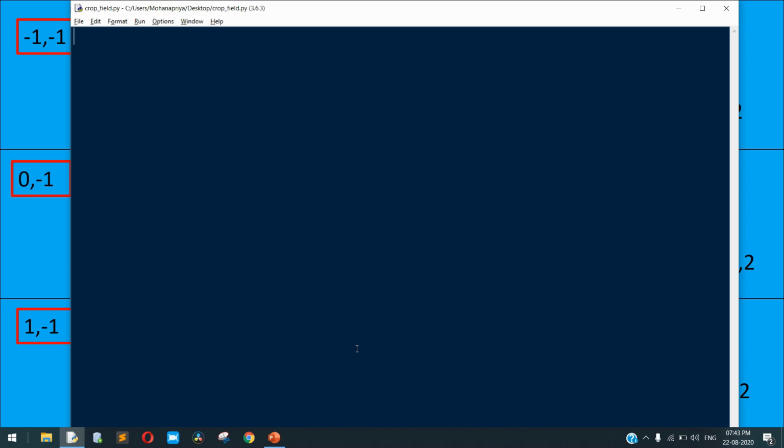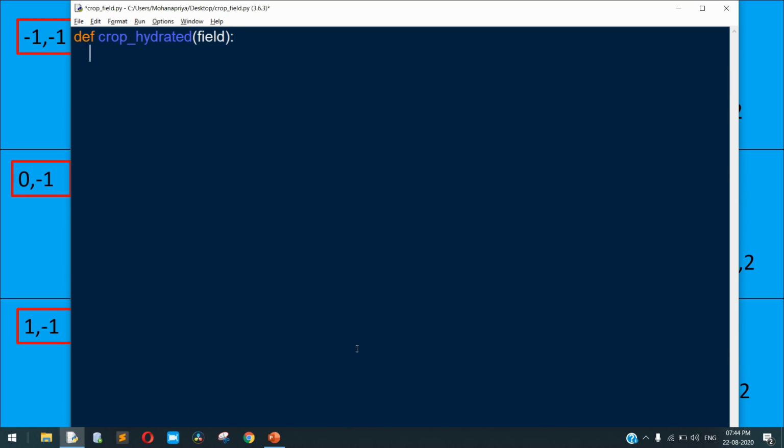First we need to define the function. The function name is def crop hydrated, and the argument of this function is field, that is the matrix.